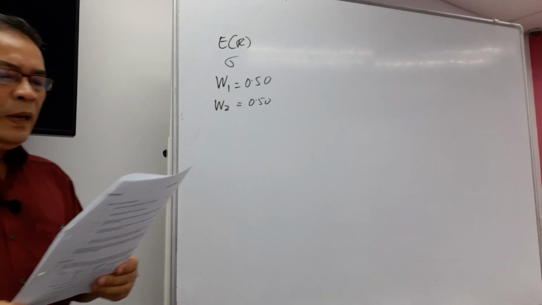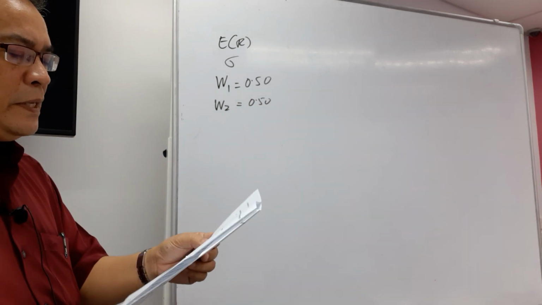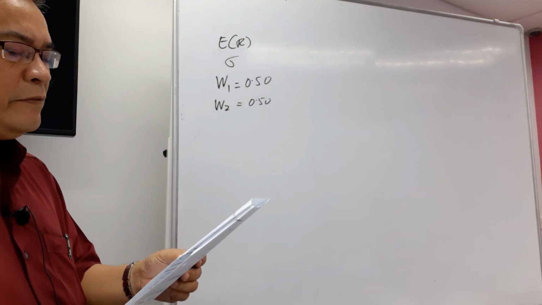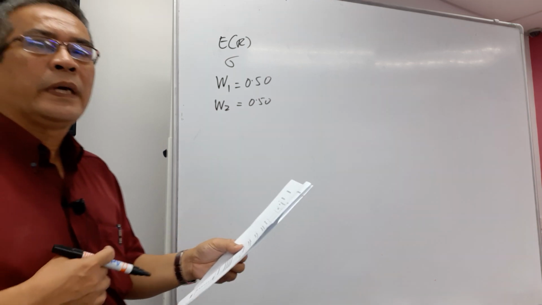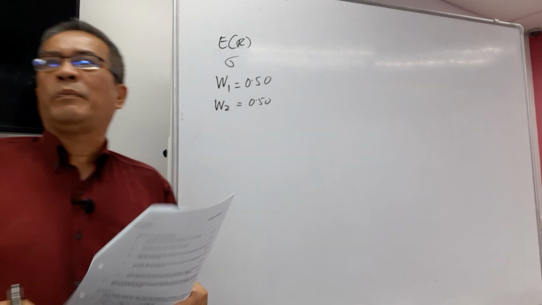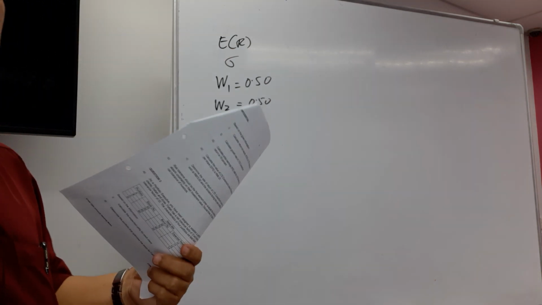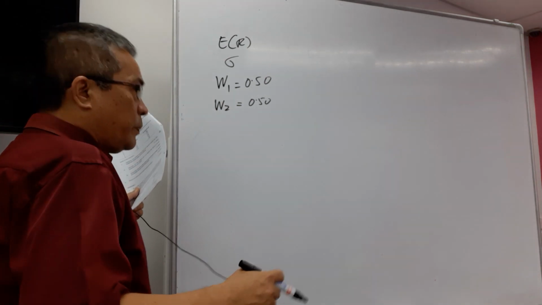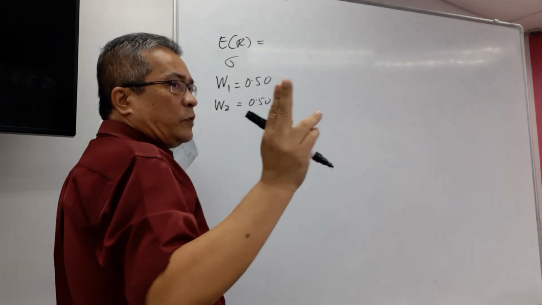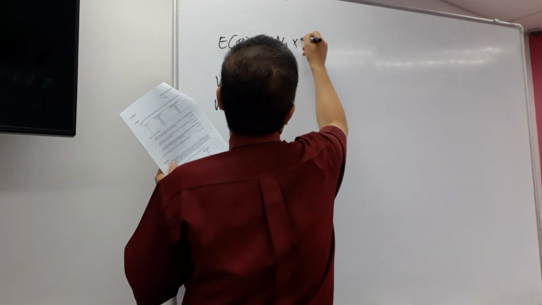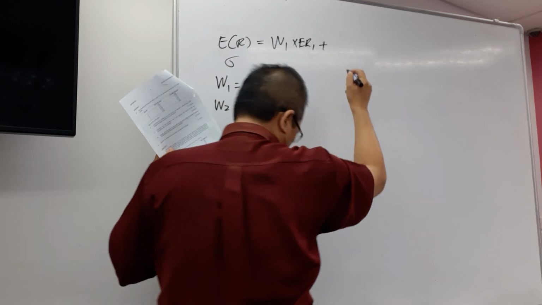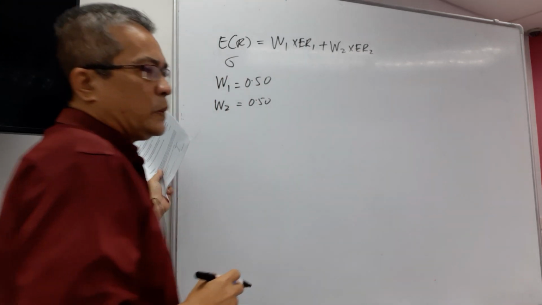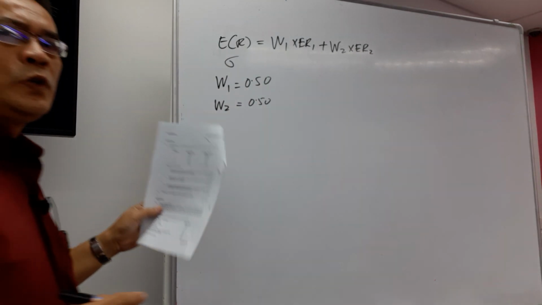Okay. So we answer the first question. Determine your portfolio's return and risk if you decide to allocate your initial investment capital equally in both companies. First of all, it is a very good habit to rewrite the formula for your expected return and standard deviation of the portfolio. So the expected return of a two asset portfolio is W1 multiplied by ER1 plus W2 multiplied by ER2. Okay, so that is the expected return of the portfolio's formula.